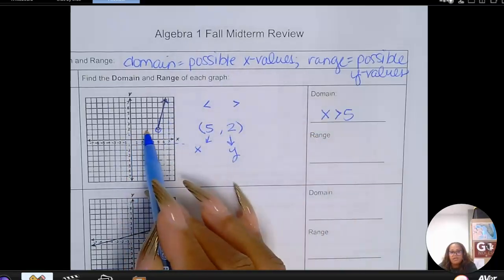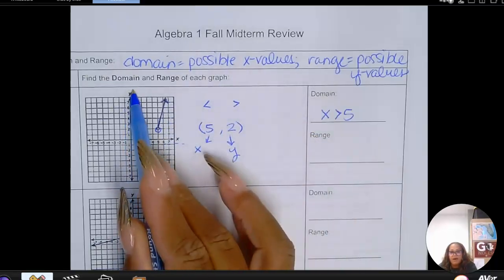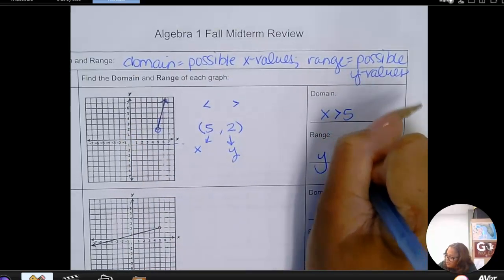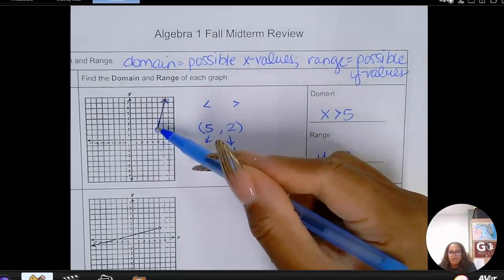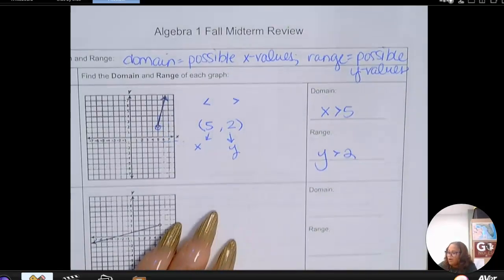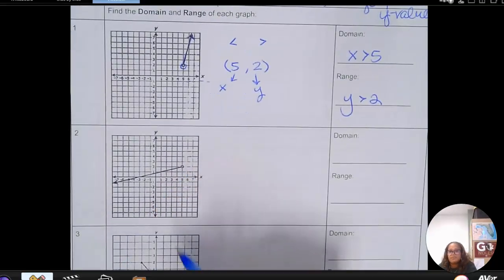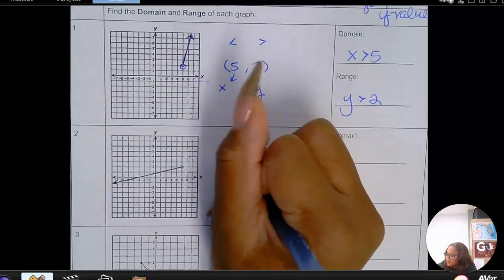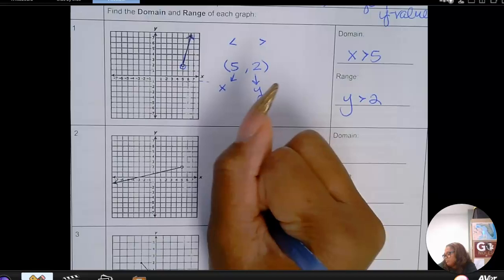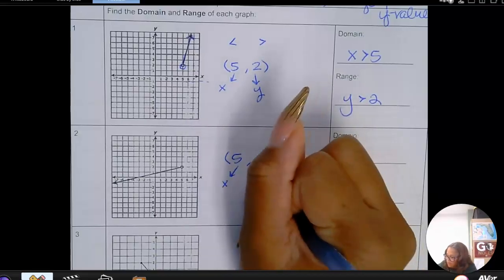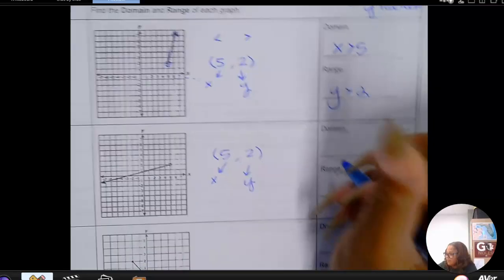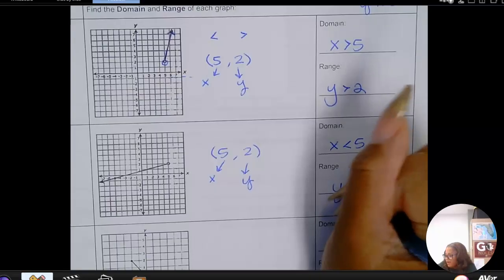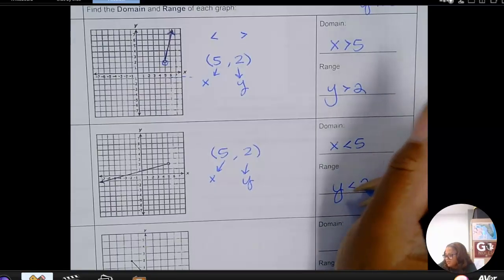Then for the range, the y value is on the y-axis. It's the number 2. Y is greater than 2. And the numbers are going up from there. Okay, number 2. This is going in the opposite direction. They're going down, but they're still at the same coordinate pair. So 5, 2, x value, y value. My x would be less than 5 here, and my y value range would be less than 2